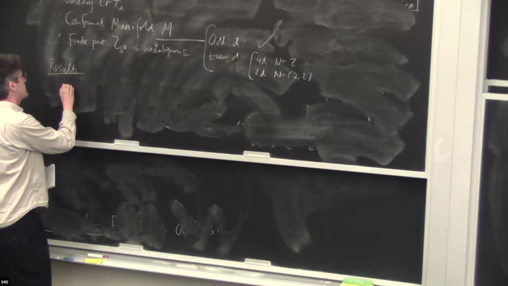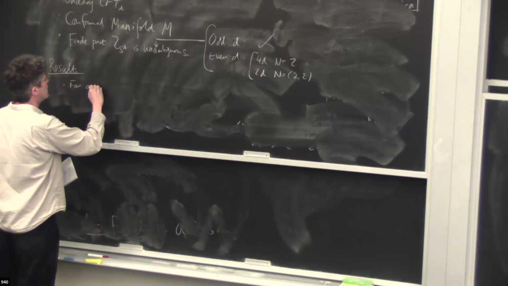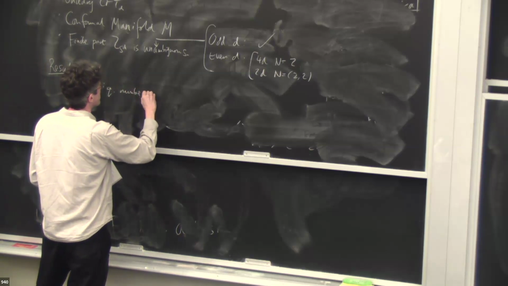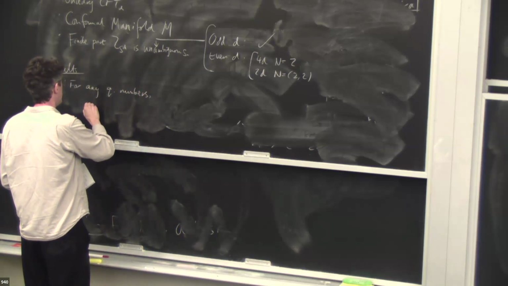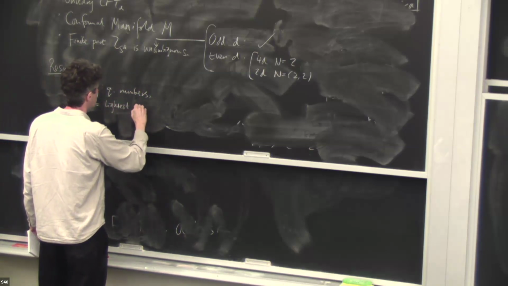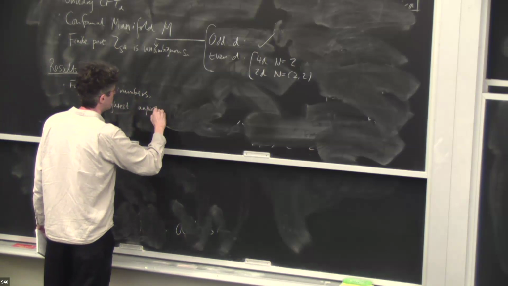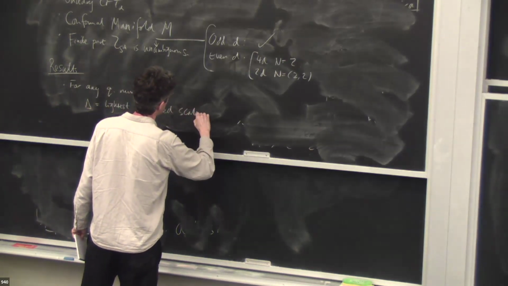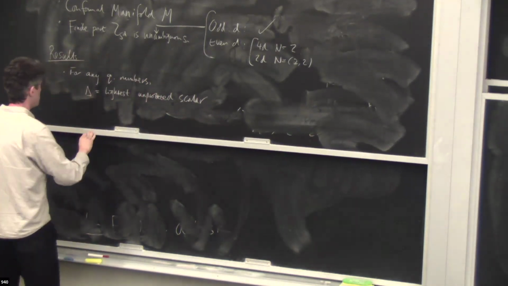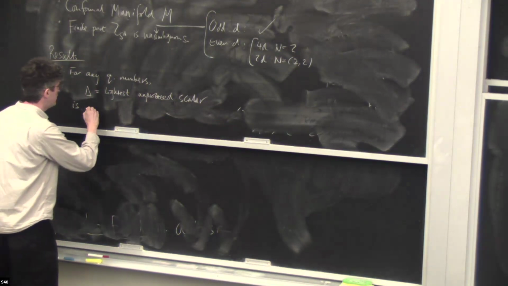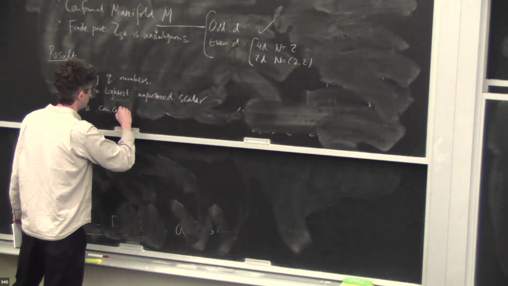I'm going to say that for any quantum numbers, let delta be the dimension of the lightest unprotected scalar. Then delta is a concave function